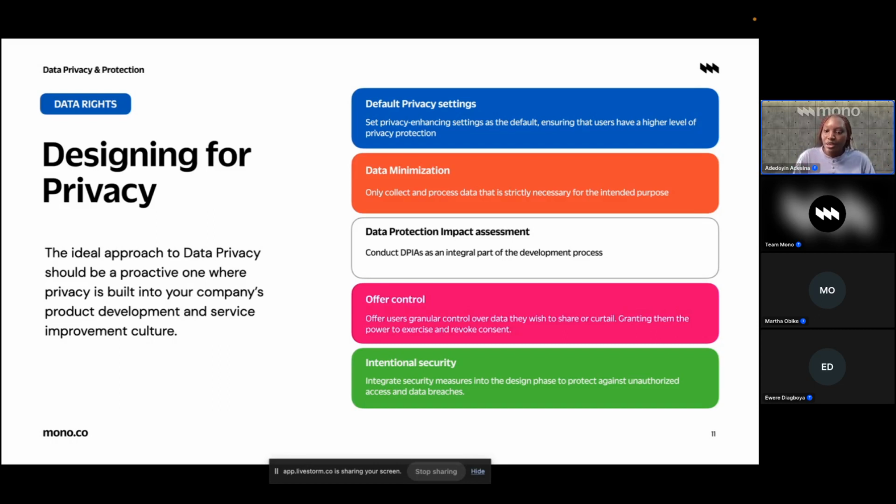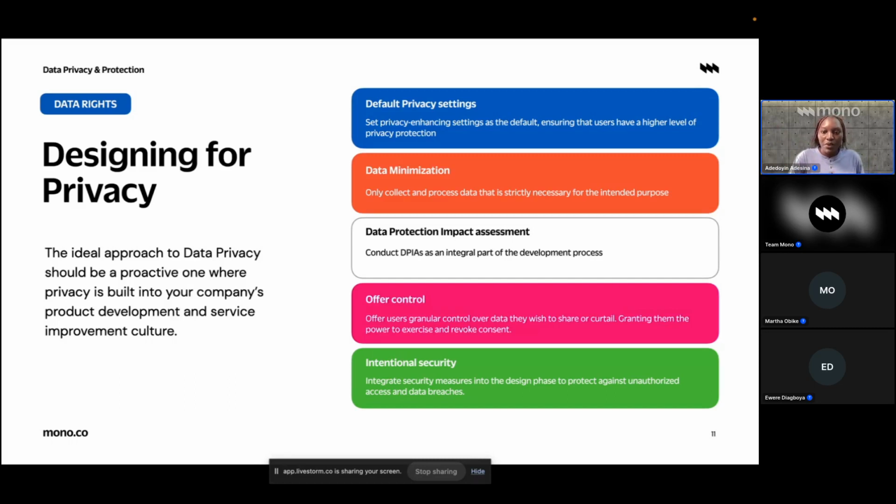And then another way that you can implement this is data minimization. I always advise businesses that, as a rule of thumb, you should only collect and process data that are strictly necessary for your service. There's no reason for you to be collecting information that is not needed for you to provide your customers this service. So by streamlining the information that you are receiving, you're also reducing the amount of personal information that you have to protect. So data minimization is key. Data minimization is the rule of thumb. It's simple. Just think about it this way. If I only collect all I need, the amount of things I have to protect is also reduced.